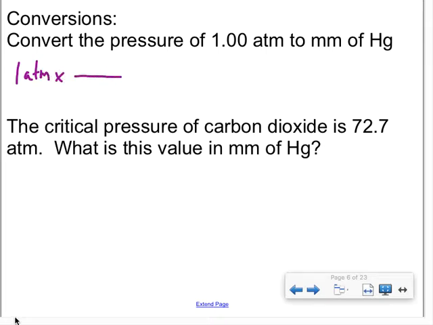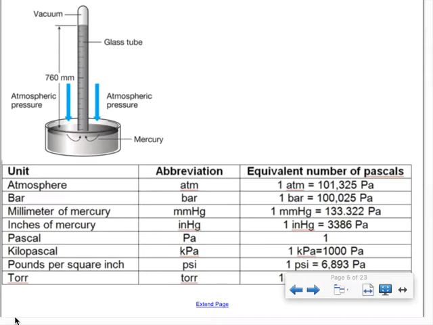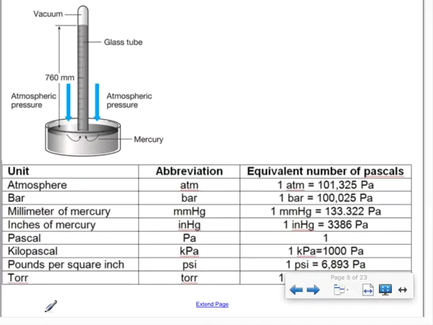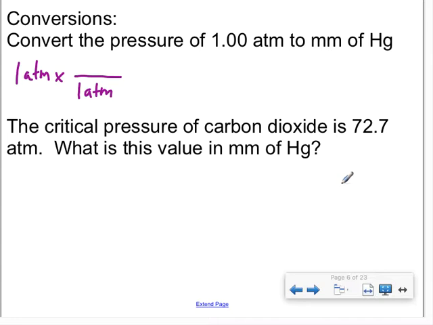And we're going to set up some conversion units. I need to get from atms to millimeters of mercury. Now, your book may have different tables, but I'm just going to use the table that I have here in my PowerPoint. And you notice that with my atm, it doesn't go straight to millimeters of mercury, but it does go to pascals, and then I can use pascals to get to millimeters of mercury. So I'm going to set up two conversion factors. For this first one, I'm going to put 1 atm on the bottom and ask myself, how many pascals are in 1 atm? If I go back to this previous table, 101,325,